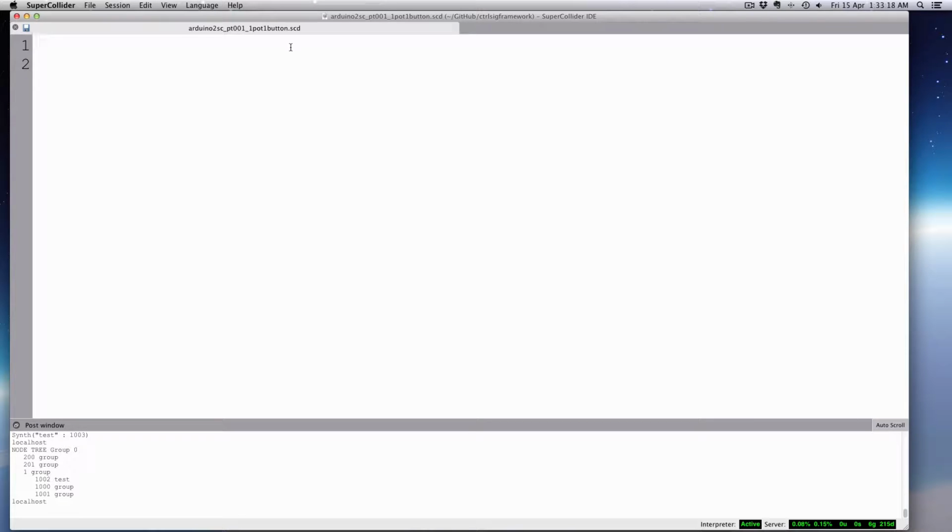So first of all, we're going to do a SerialPort.listDevices. Okay, and that'll show us what things we have available. All right, and then we're going to start our Arduino. We'll just make a global variable here called ino, and we'll make it equal to Arduino